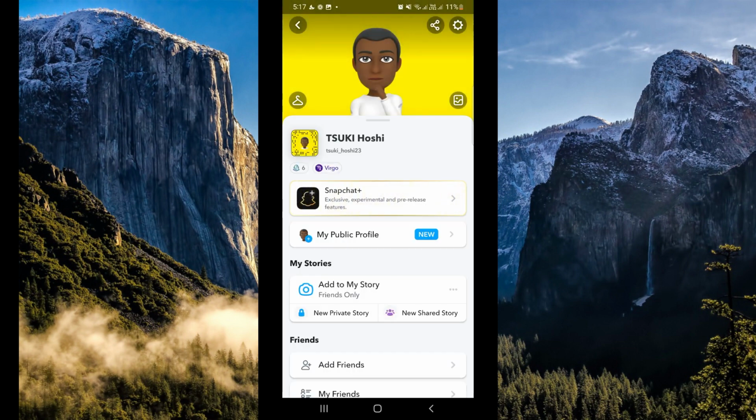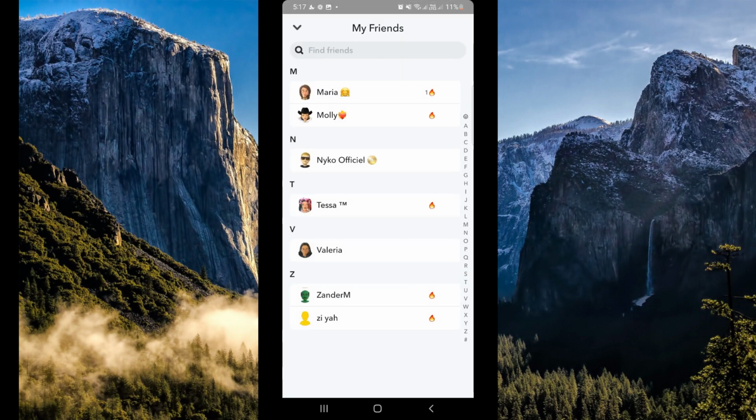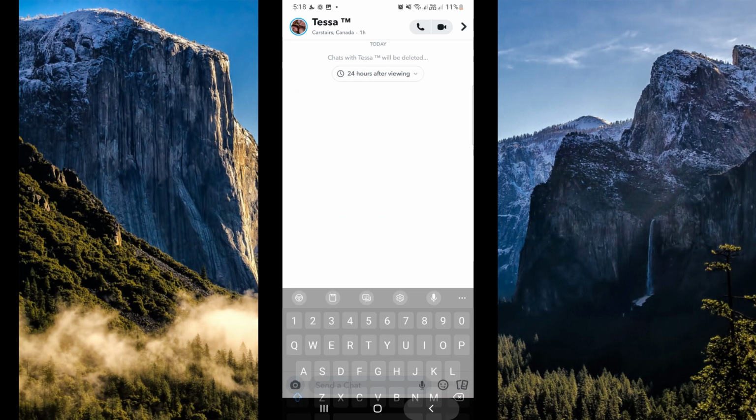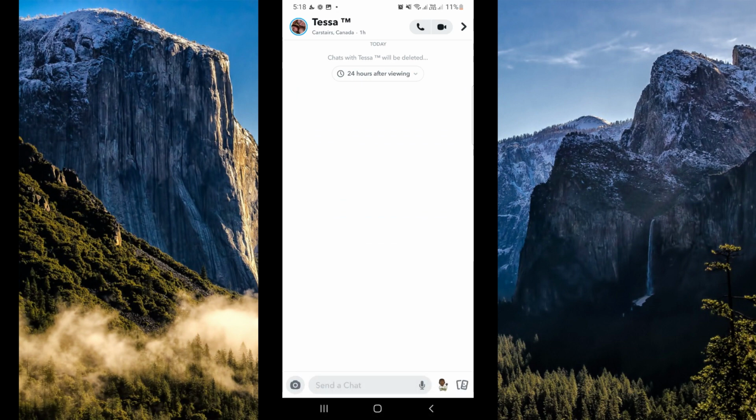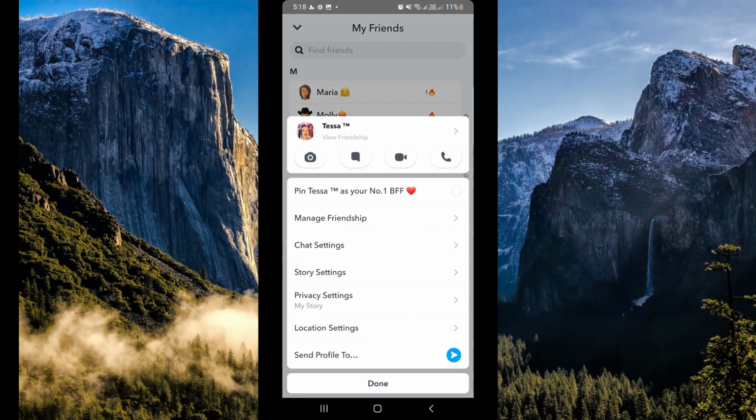Now once you're here in your profile page, scroll down and go to your My Friends section. So here, you're just simply going to click on the friend that you want to remove. So say for example, we are going to have Tess removed. So here, what we are going to do is to simply tap on her name, and after which you can